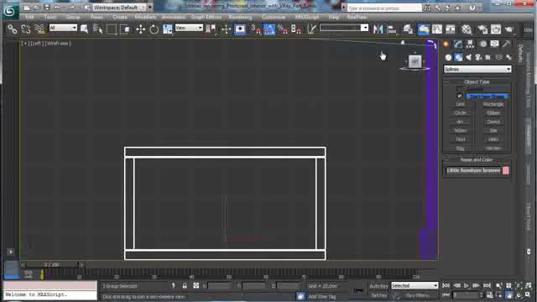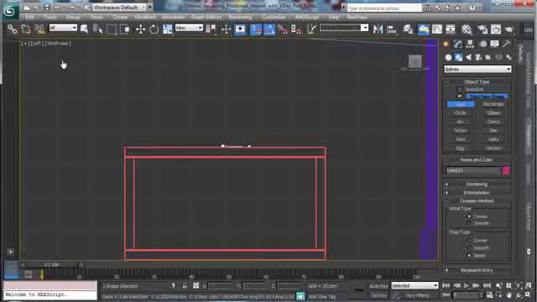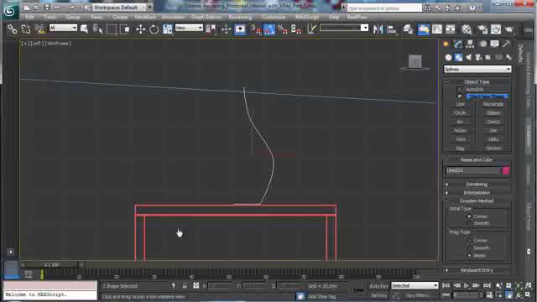Let's go for a curve. Let's make something like that. And then a curve. Okay, so let's move